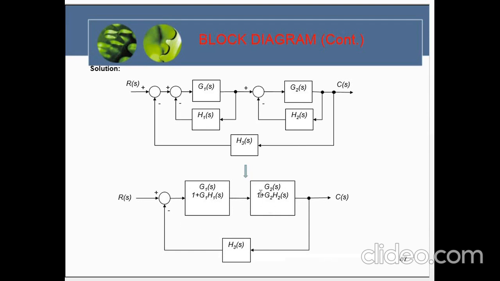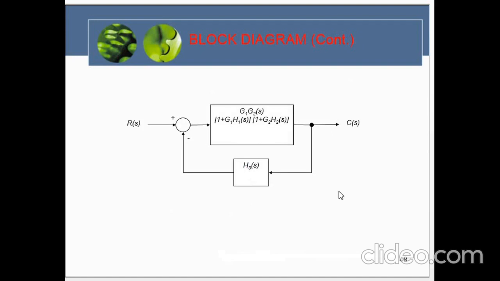Okay, this is the cascade. If it is difficult to directly determine the transfer function for this last loop, you can cascade it first. This is the cascade of the 2 previous blocks, and that is the cascade G1 G2 over the bracket 1 plus G1 H1 close bracket, multiplied by the bracket 1 plus G2 H2 close bracket, and there is the